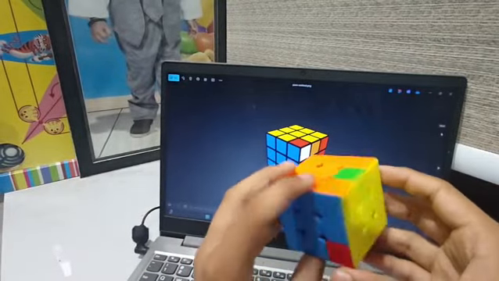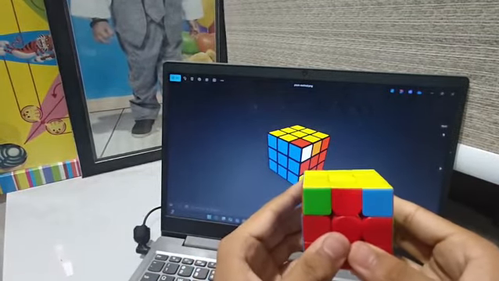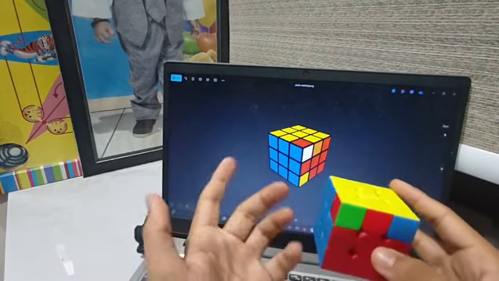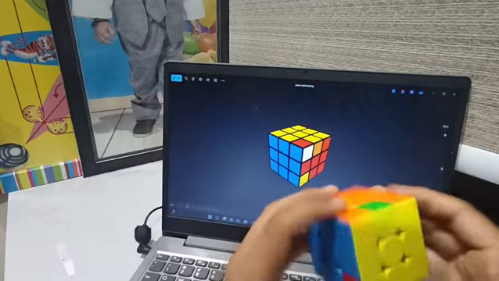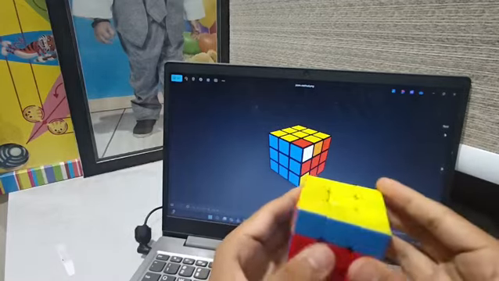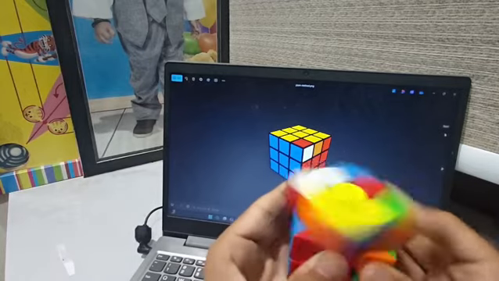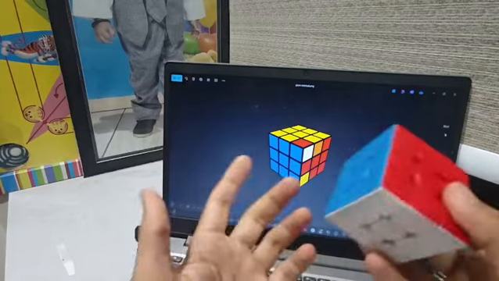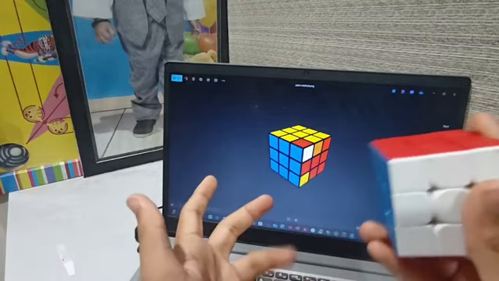So now the last step of PSSM, or Pratham Shah's Speedcubing Method, is to just do the PLL. So I do 2-look PLL for easy understanding for you. So let's go. So now we have solved the cube.